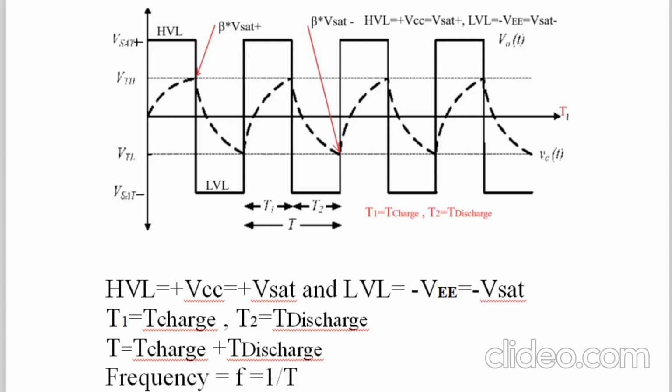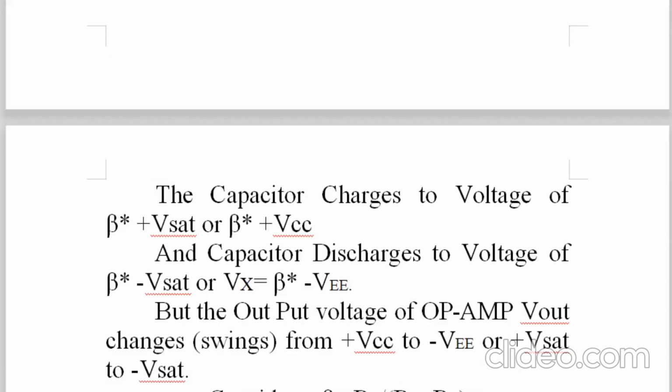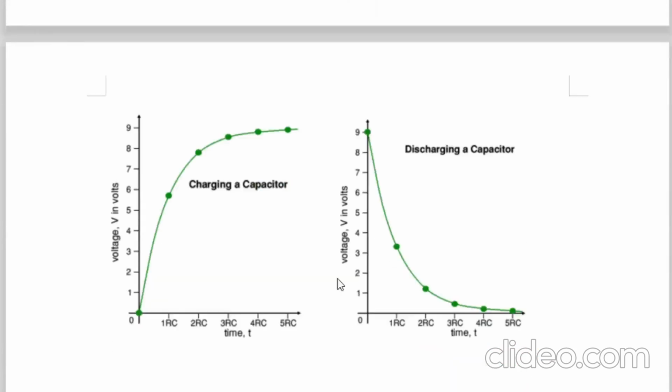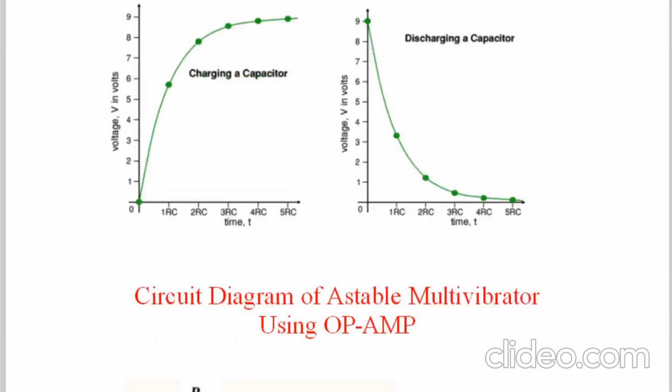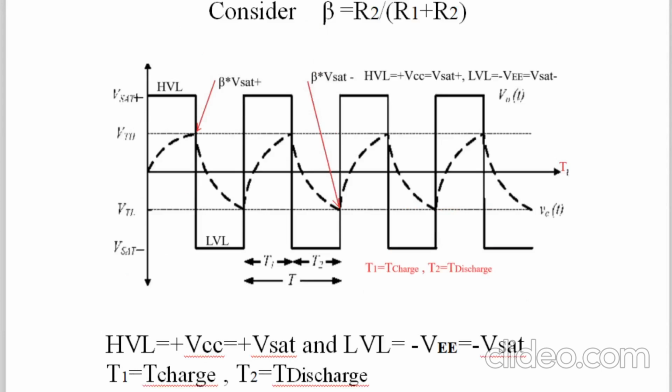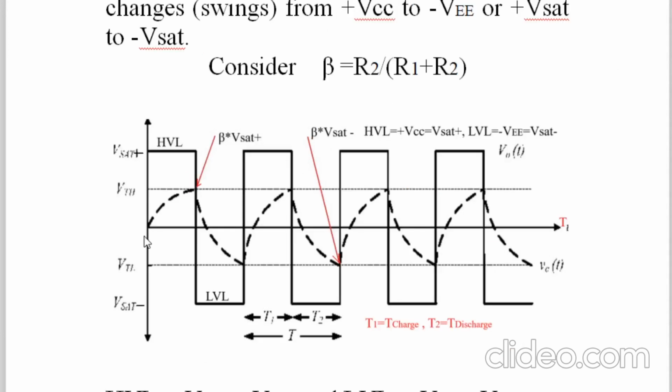Now, the second very important thing which I told you in the beginning: the capacitor charges exponentially and discharges exponentially. This is very important. The capacitor charges exponentially, not linearly, because it is not charging through a constant current source. That we have shown in the output waveform of IC741, both combined together: charging exponential, discharging exponential, charging exponential, discharging exponential.